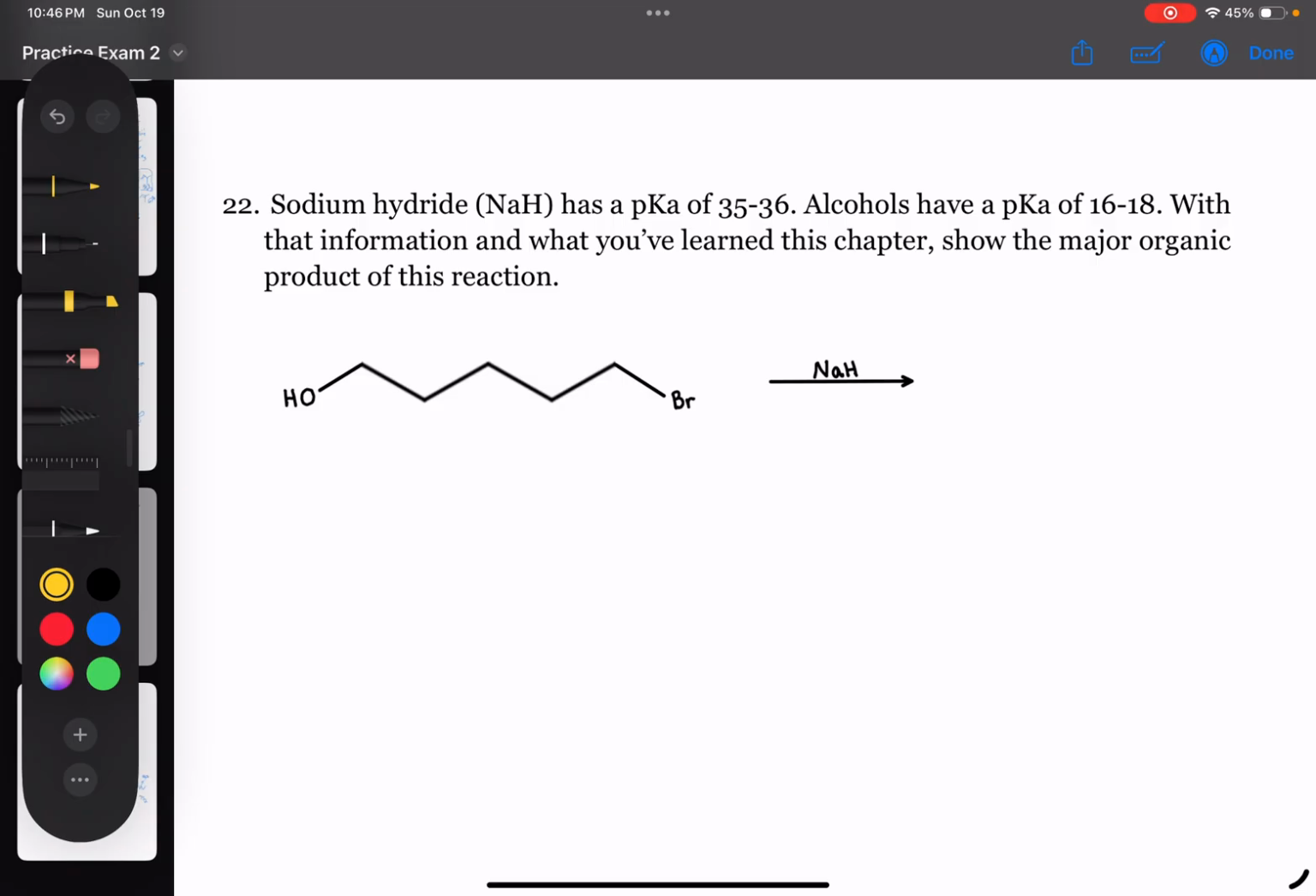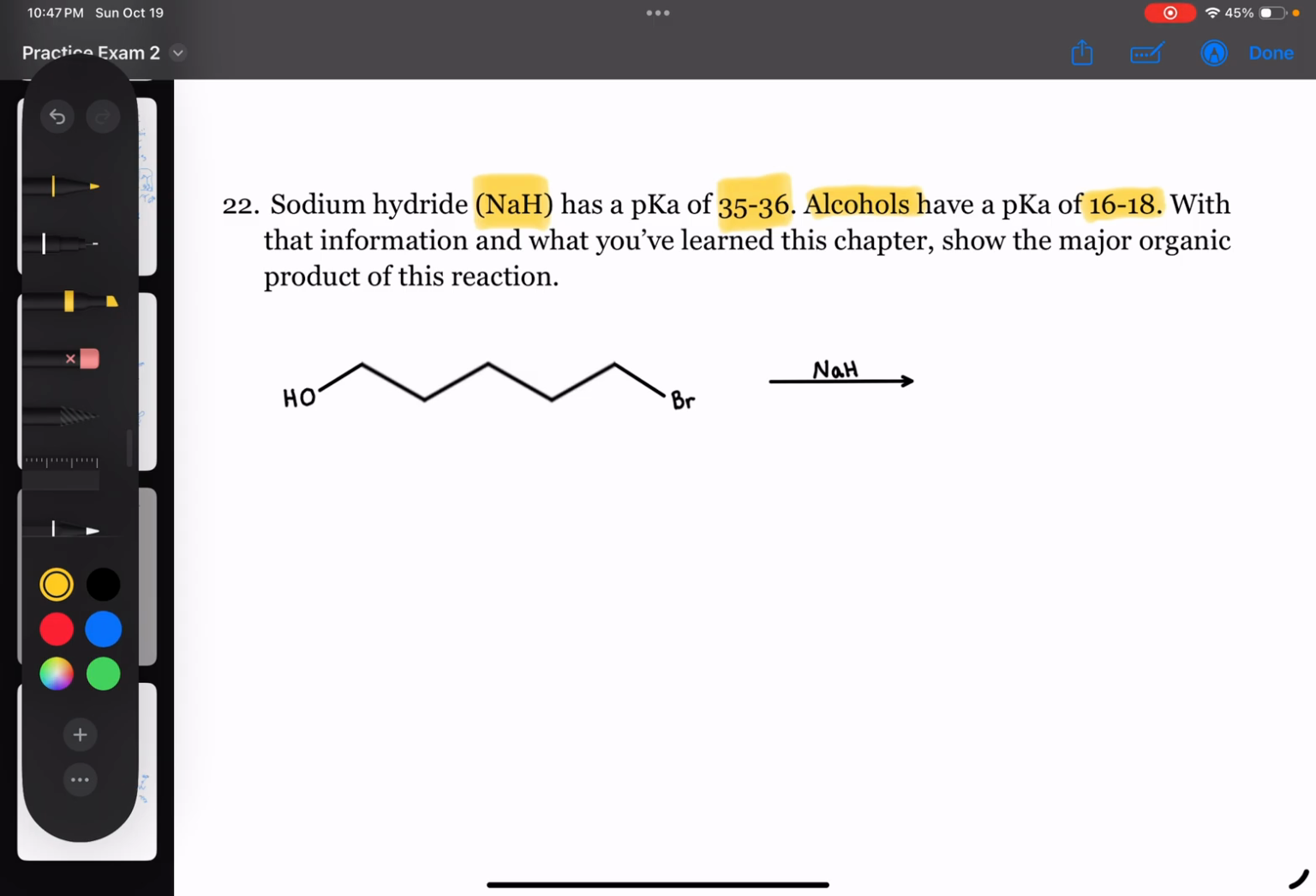So this problem tells us that sodium hydride has a pKa of about 35 or 36, which, as we know, the higher the pKa, the more basic it is. So that means NaH is pretty basic. And alcohols have a pKa of about 16 to 18. So if you think of water, ethanol, methanol, they're all going to be in that range. So with that information and our chapter 7, chapter 8 knowledge, we're going to try to predict the product of